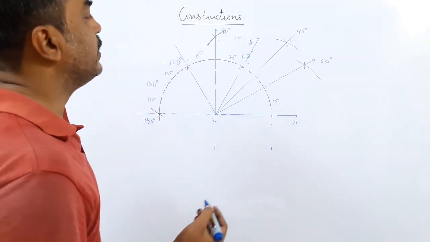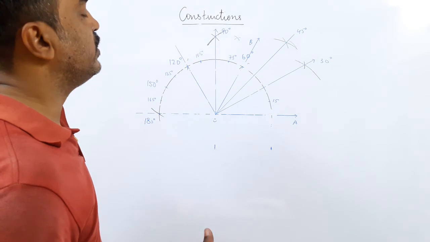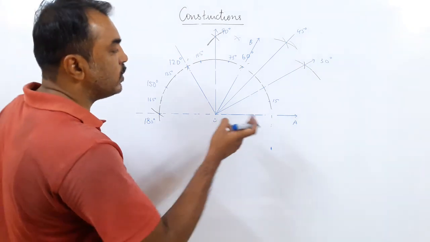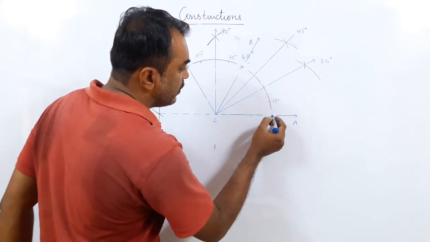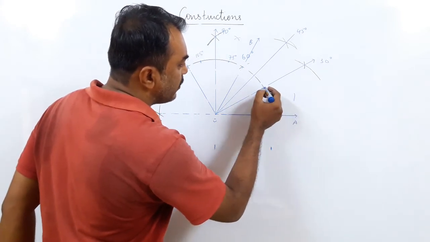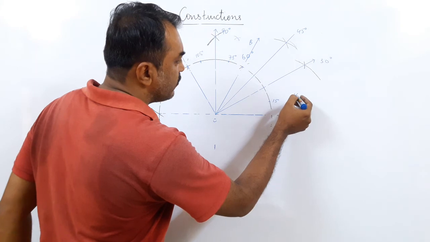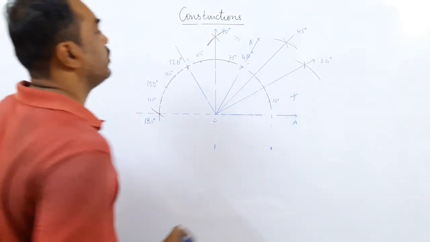Now how to cut an angle into two equal parts? There is only one thing you need to do, the angular bisector. And how do you find the angular bisector? You first draw an arc, then from this side point you draw an arc, and from this point the same way you draw an arc. Whichever point gets cut, you join, and you will get your measure.